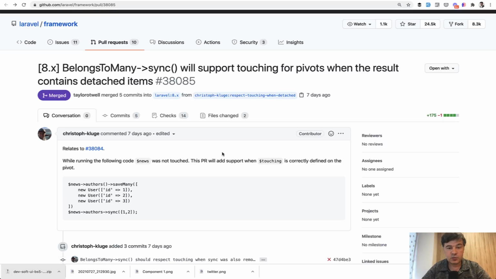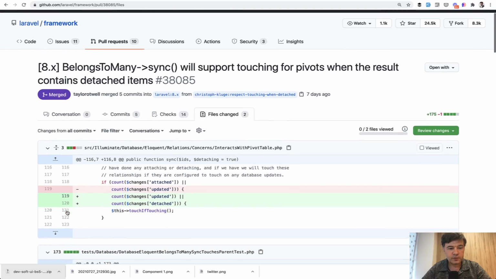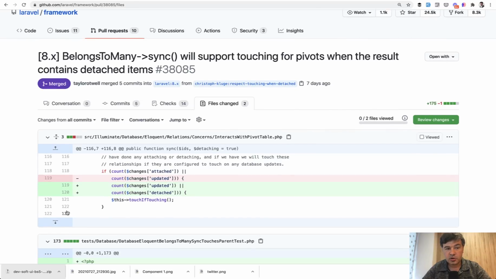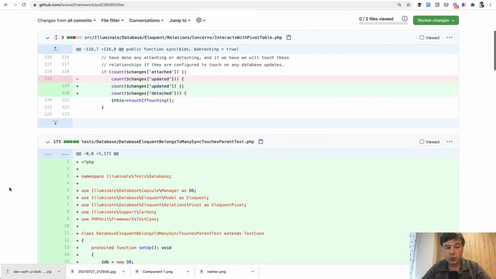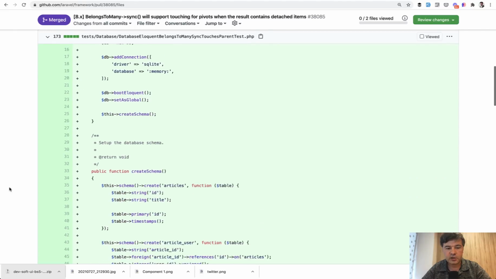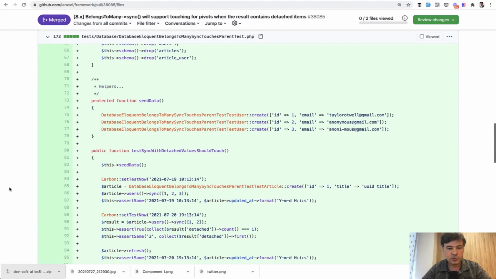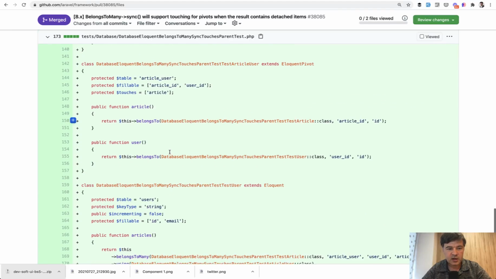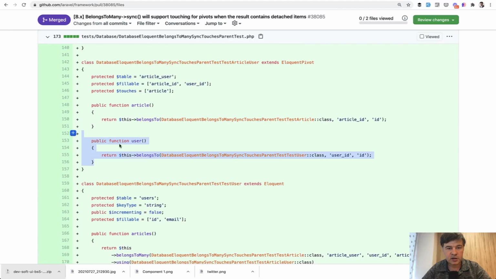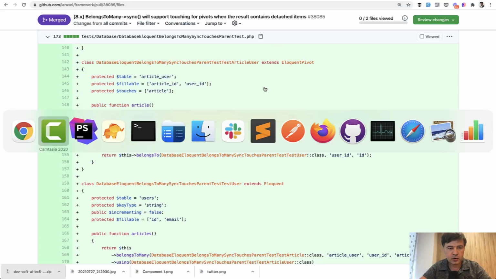the touch didn't work. So when we go to files changed, and by the way, I encourage you to sometimes take a look at the changes of Laravel versions and how the changes are phrased with tests, with comments, with a lot of cases. So we go to test, and in the middle we find how that method is defined. But actually what we're interested in is this one, extends Eloquent pivot, and let me show you how to generate that